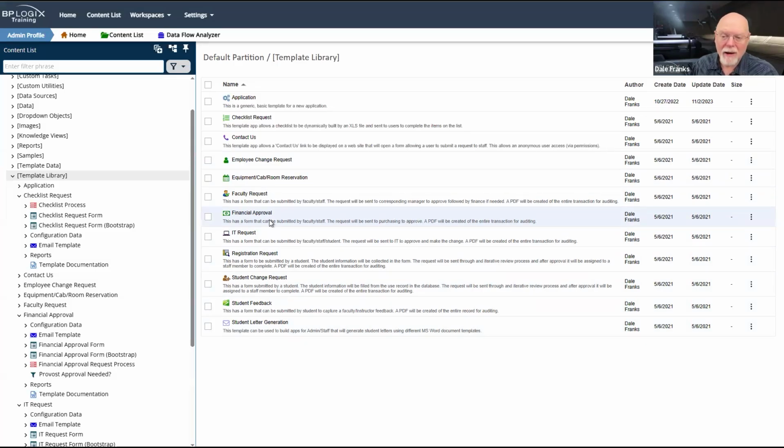And indeed, it might be more tedious to try to take this template application and delete some of the fields and add new fields than it would be just to create something from scratch. There's always that balance whenever you have a template of knowing that I'm going to have to customize a template.